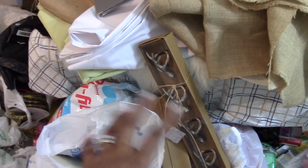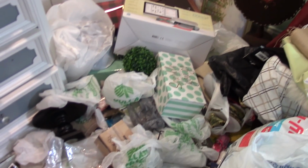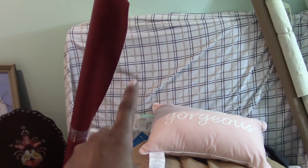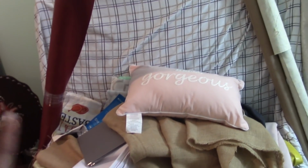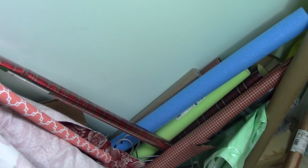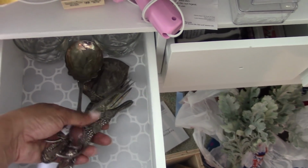This is not going to be a video where you see the before like this now and then 10 minutes later the after, because this is probably the most overwhelming room in my home, and it is going to take way more than some 10-minute time lapse to get it all together. So I'm going to take you on the journey of how I clean out this room, sort this room out, figure out what I'm going to keep, figure out how I'm going to design it, and then have a complete after. And I'm just so excited that I don't mind sharing the junk right now, because I know the end